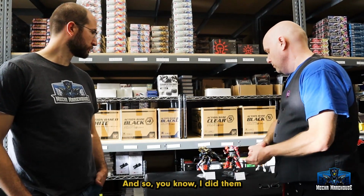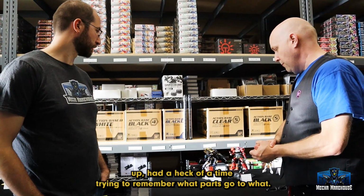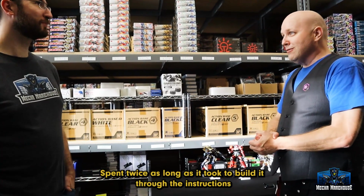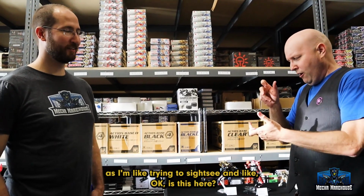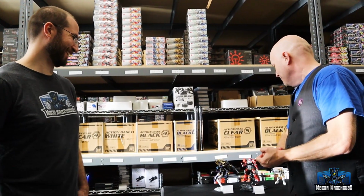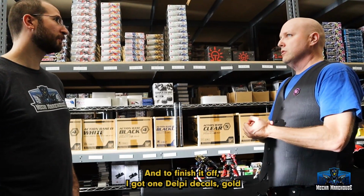And so, did them up, had a heck of a time trying to remember what parts go to what. Spent twice as long as it took to build it through the instructions as I'm trying to sight see and okay, is this here? All right, which one the heck is A17? And to finish it off, I got the Delphi decals